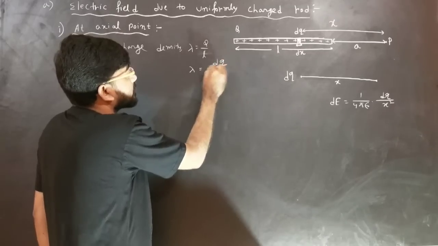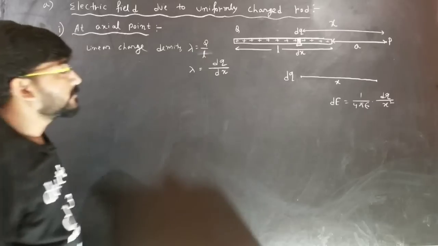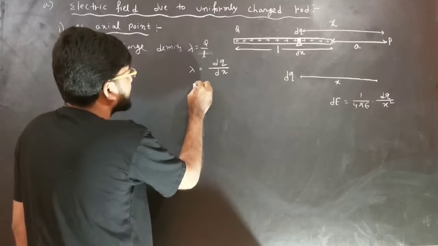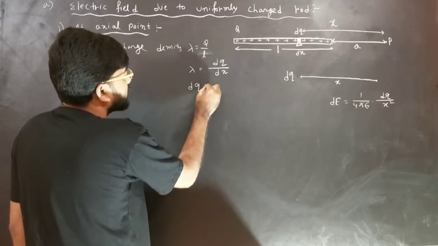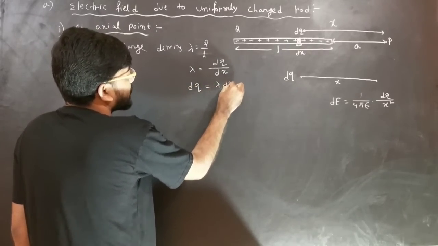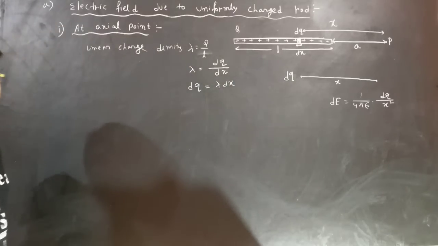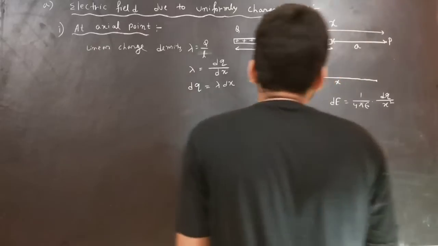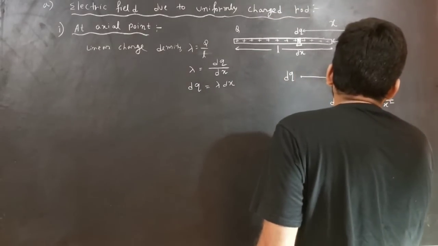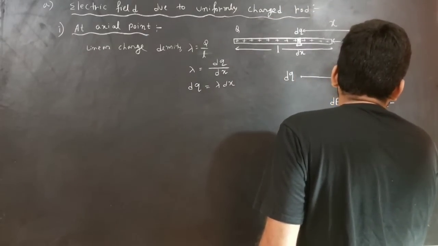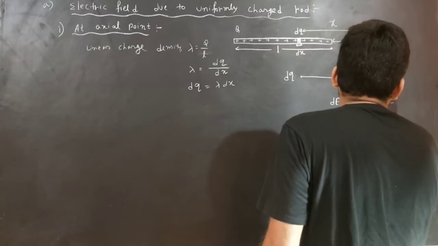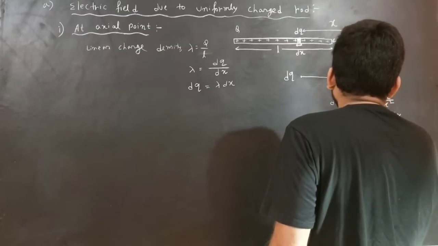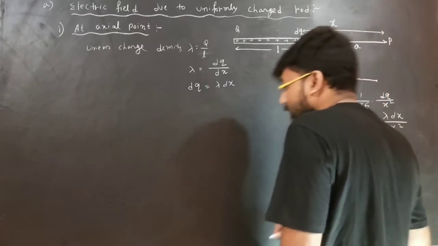this will be the same. So you can write dq in terms of lambda and dx. So you can write dq is equal to just lambda dx, and you can substitute here. So dE will be just 1 by 4 pi epsilon naught into lambda dx upon x square. So this dE is for